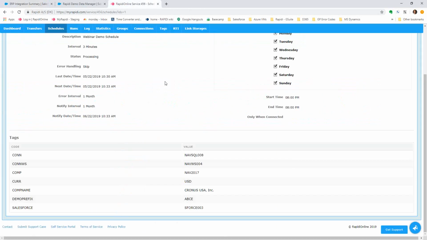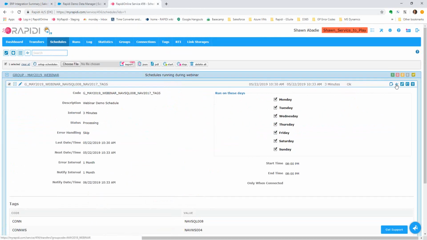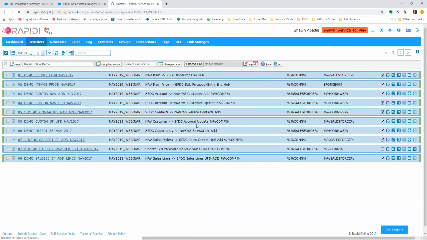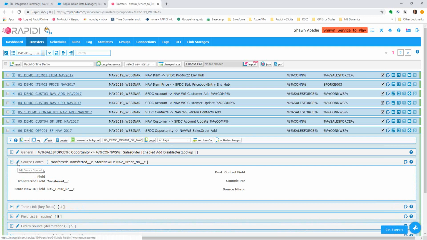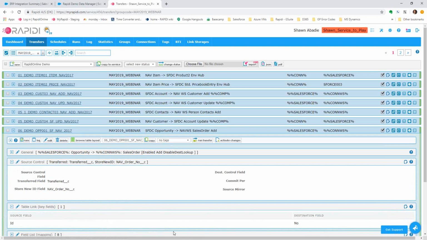Okay. So now before I go any further, I talked a bit about source control and filters. As part of that, I'm going to look at this transfer, which transfers opportunities down to nav sales orders. And I keep saying nav, but this could be any Dynamics on the side. In the source control, I said, okay, I have a transferred field and a store new ID field. And in my table link, I've configured it specifically because I want to use the store new ID field. I don't have a commit per set here,